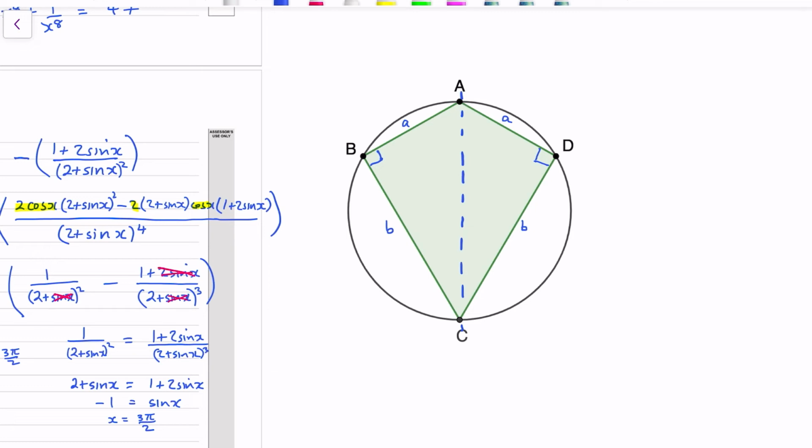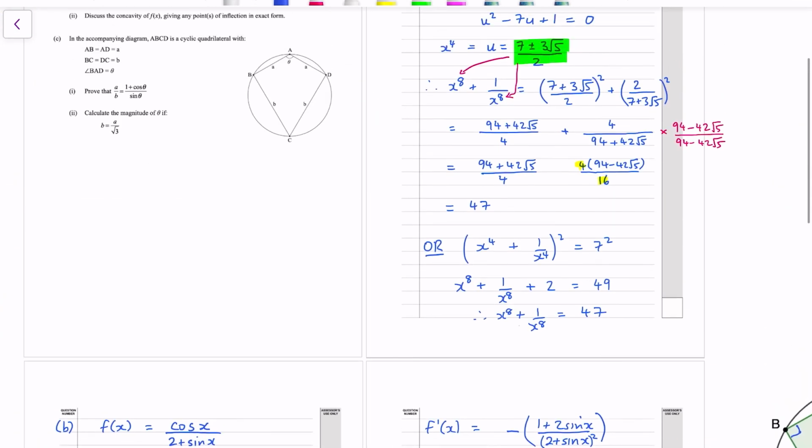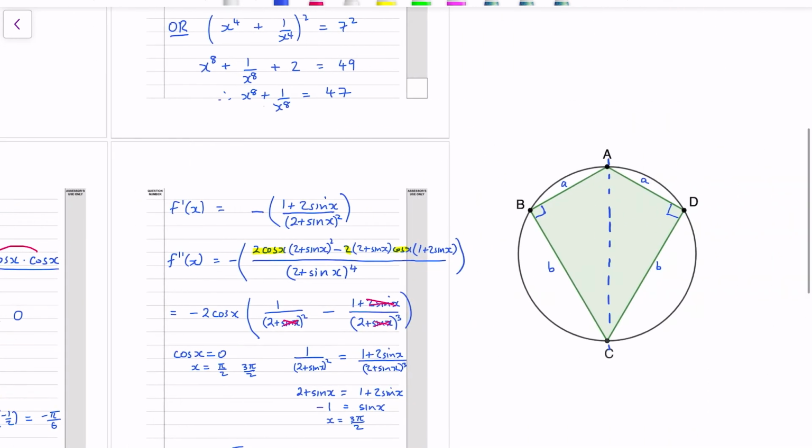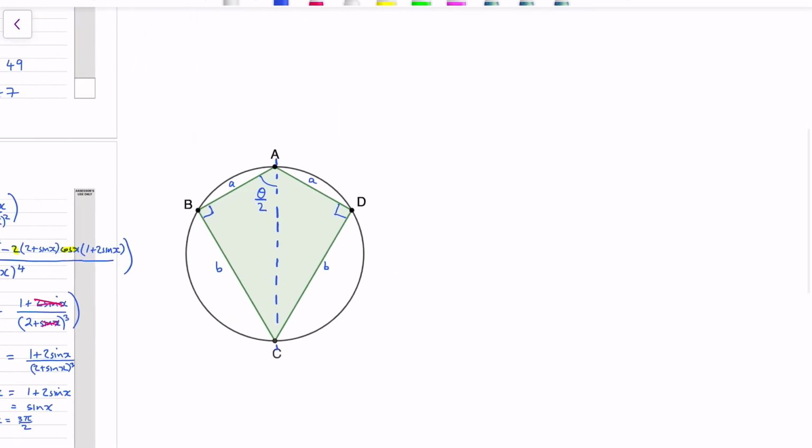So if you recognize that, then going back to the problem, it gave us the angle of theta being the angle at the top. So this will be theta over 2. And then from that we've got A over B is equal to,